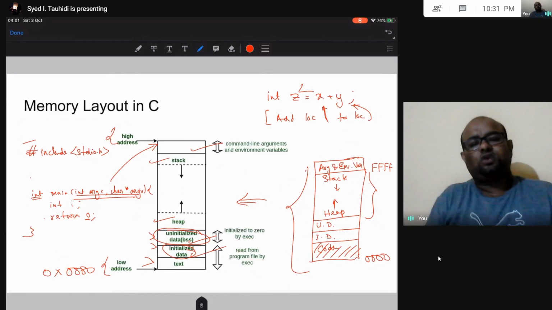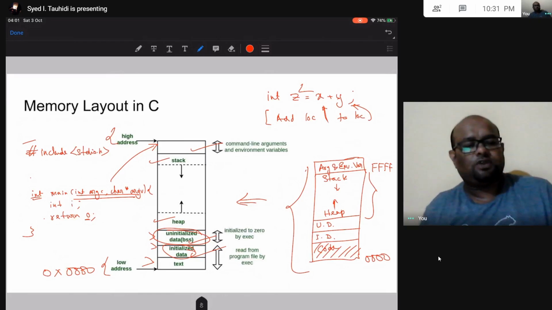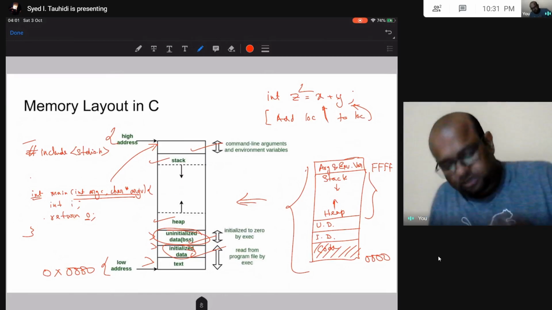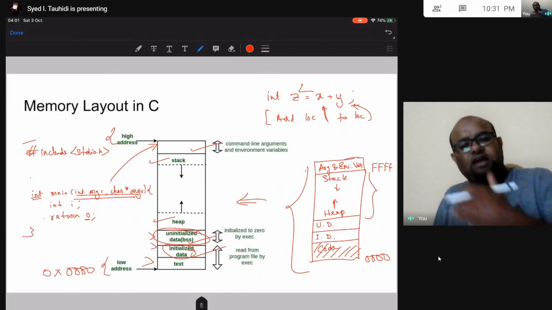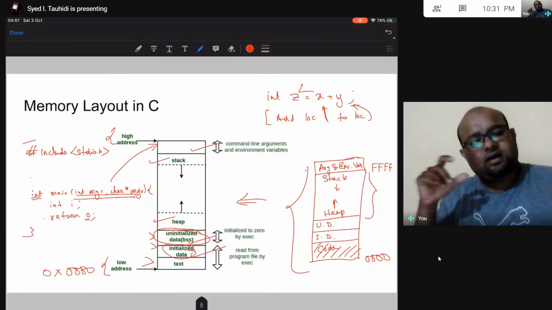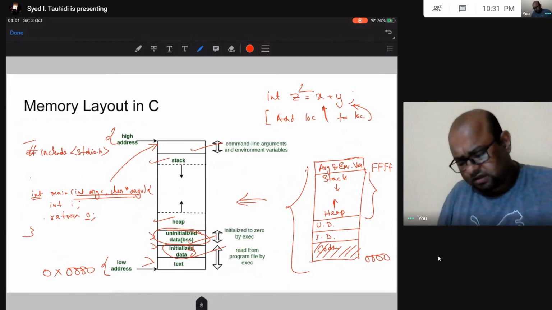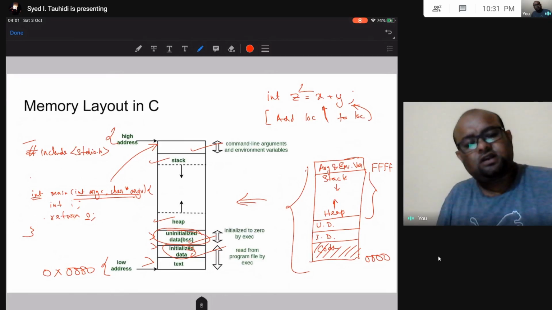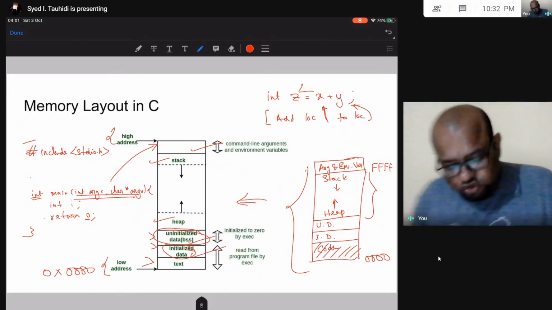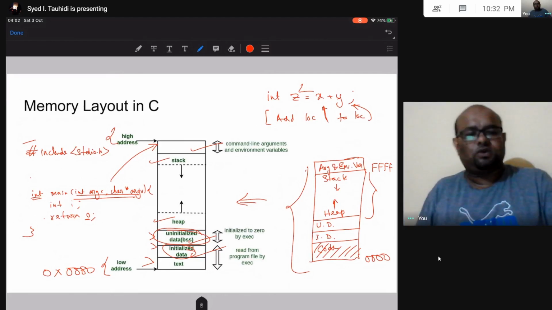You don't need to know that for this course, okay? But then the subsequent things: what is low memory, high memory, all these local variables of function, global variables, initialized, uninitialized, where they are going to go, all these things, you should have a very good idea about.